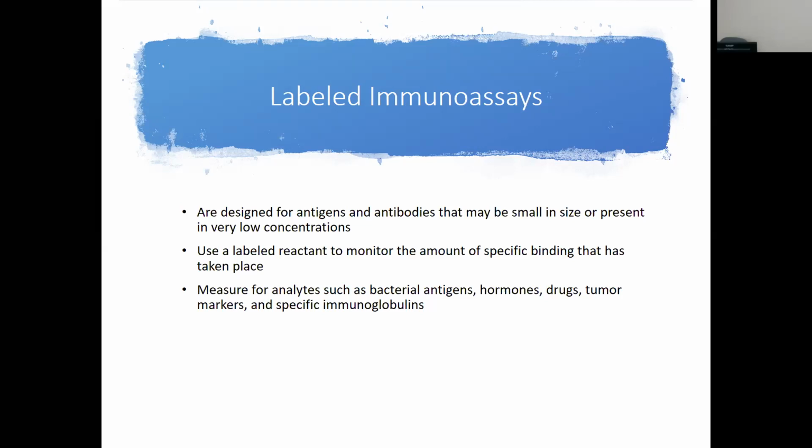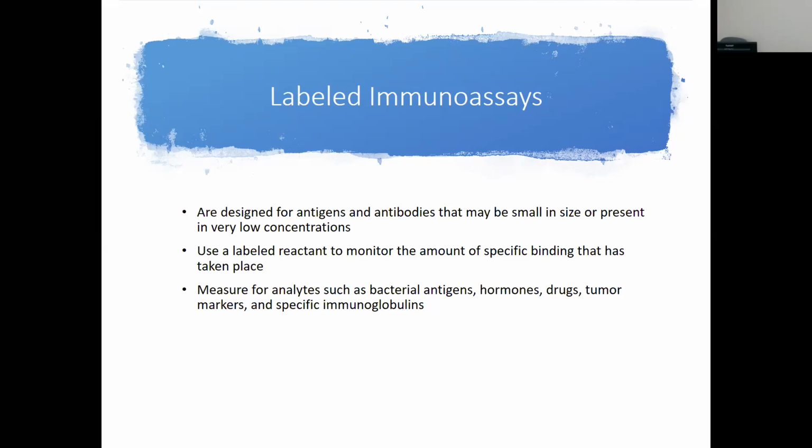Antigen, right. So we're going to have an antigen that we're going to place into a well and latch onto a well. And then we're going to put antibody on top of that. Okay, then we'll wash that out. And then we're going to put another antibody on top of that that's got detection. If it binds to the first antibody and it stays there, then we have a color change. And that's basically what we're doing today.